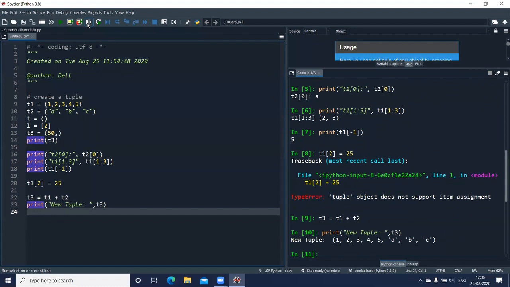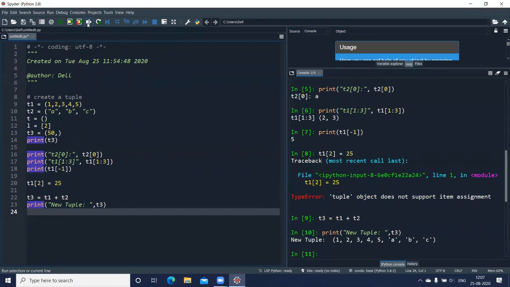Here you can see new tuple, and I got the first five elements from T1, and T2 also got attached to it. So what the plus operator is doing here is not performing any arithmetic operation, but combining two tuples together, and then storing it in T3.